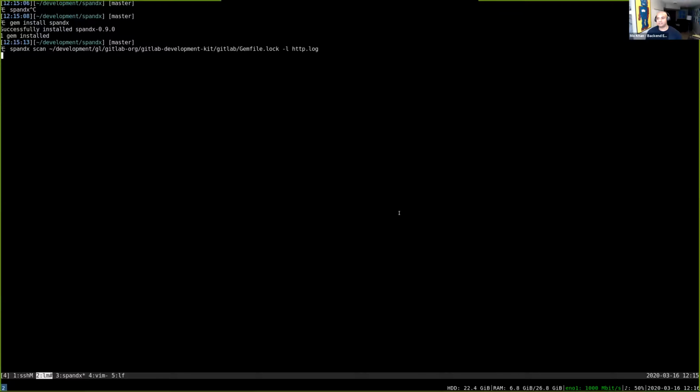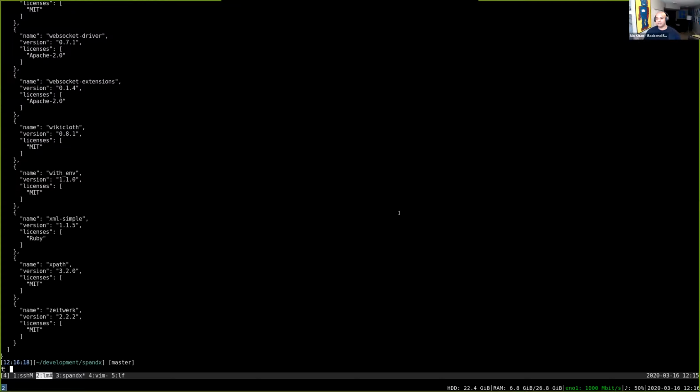So spandex is, at this point, going to parse that log file. It is going to determine each gem that's in that log file, take the name and version, and check an offline index, which I haven't shown you yet, which is stored on disk, and see if I have a known license for it. If it doesn't have a known license in the